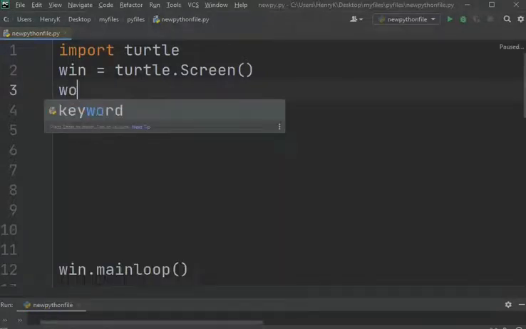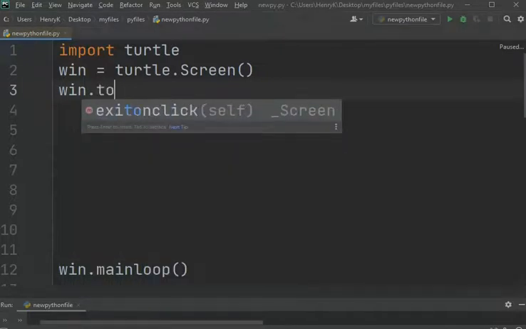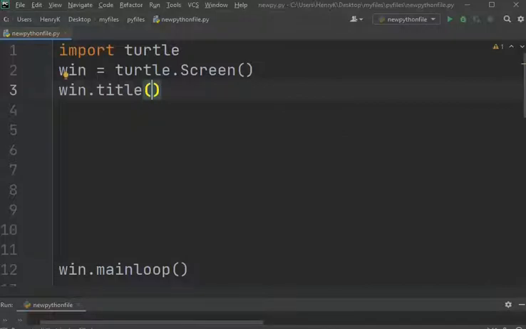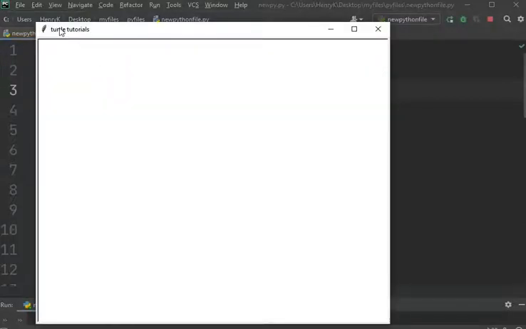So I want win.title, the title of the window, to be Turtle Tutorials. So when you run our code, you will see that instead of Python Turtle Graphics, you get